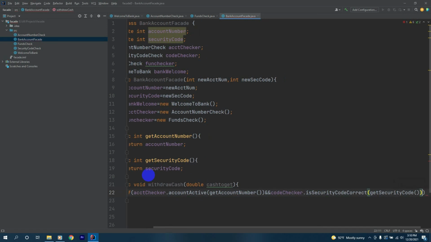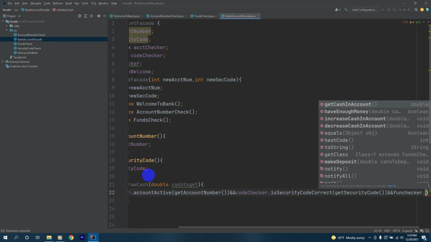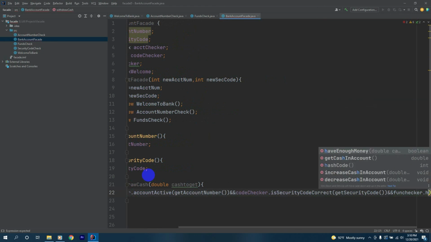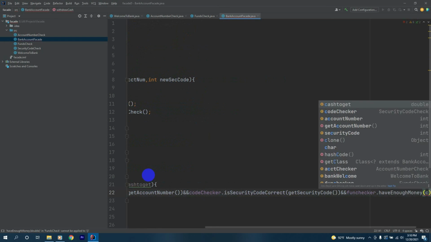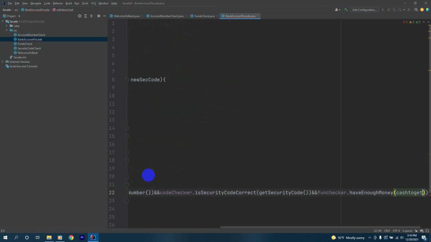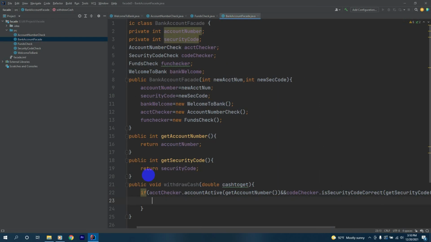And next thing, we'll check if the fund checker dot have enough money is cash to get, and if these conditions are true, we say